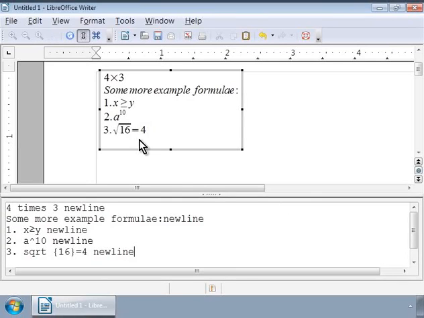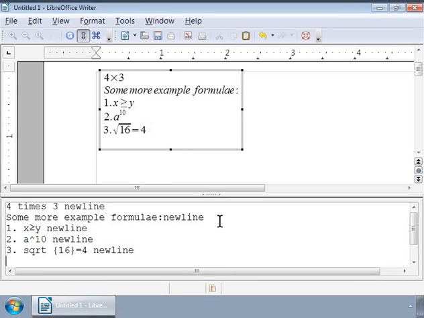Alright, now let us write a summation symbol for a suffix n to denote a1 plus a2 plus a3 and so on plus an. And the markup is 4 sum a_n newline.